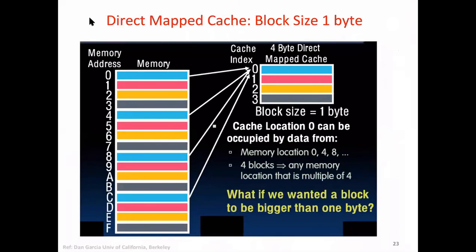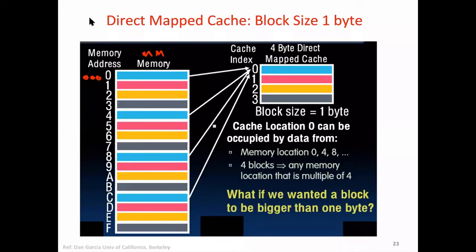Now this is the main memory, and each block is of 1 byte only. So we know that a block is the unit of transfer. We are assuming a very simple case wherein each block is of 1 byte, and then we have 16 bytes. So the addresses will be